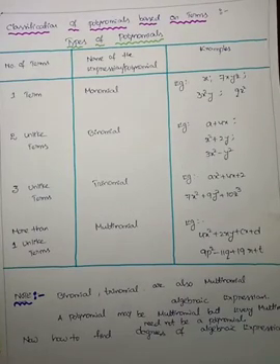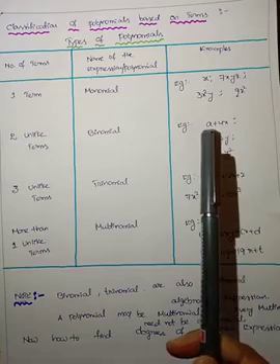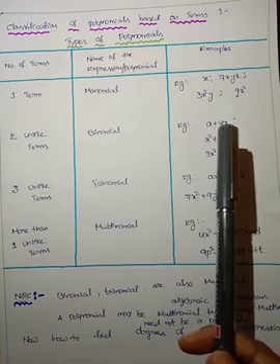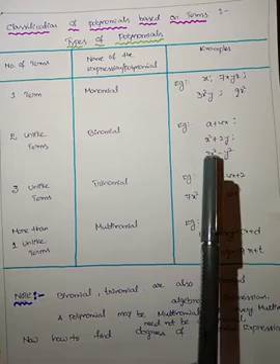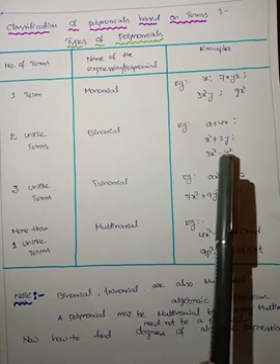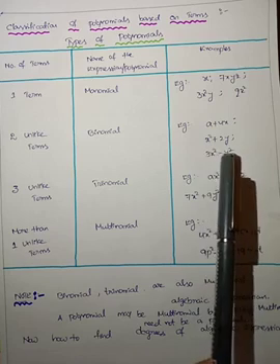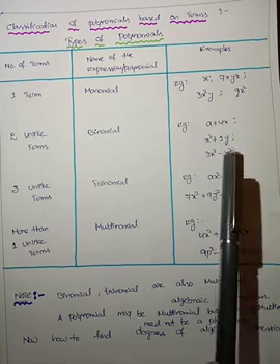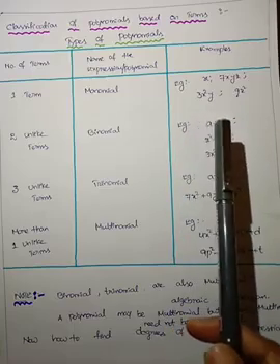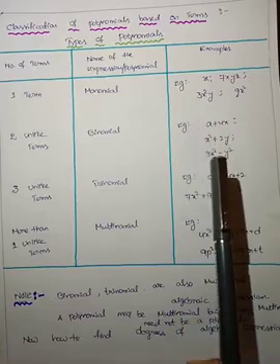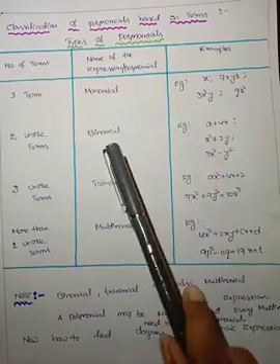Here the variables are different: a and x. There are two types of variables. Here x and y, two types of variables. Two types of variables means two unlike terms. If the polynomial has two unlike terms, then that polynomial is called a binomial.